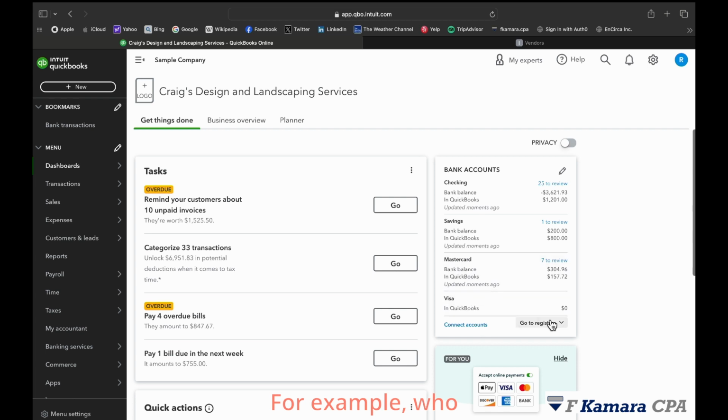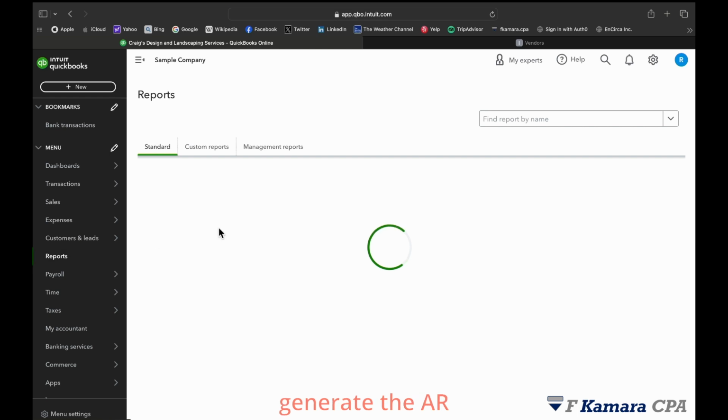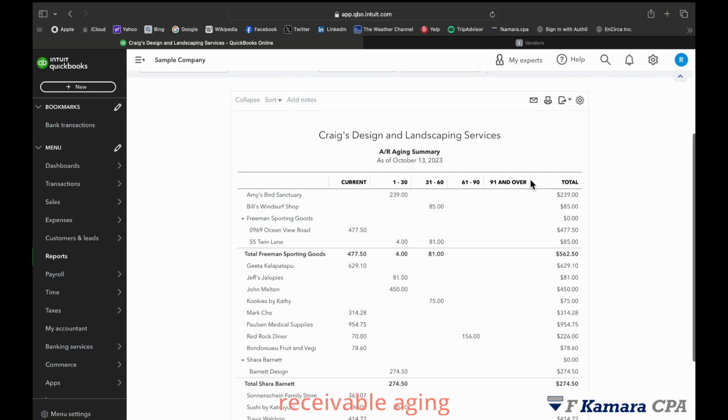For example, who owes me money? The report to answer this question is the AR aging summary or detail. So let's see how to generate the AR aging report. The accounts receivable aging summary or detail lists all customers who currently owe the client balances and how old the balances are. This helps the client to prioritize which customers to contact in order to collect outstanding payments